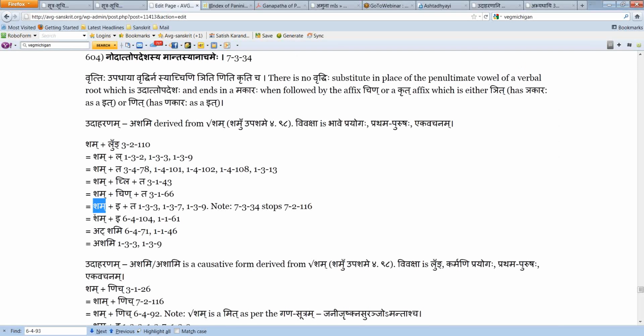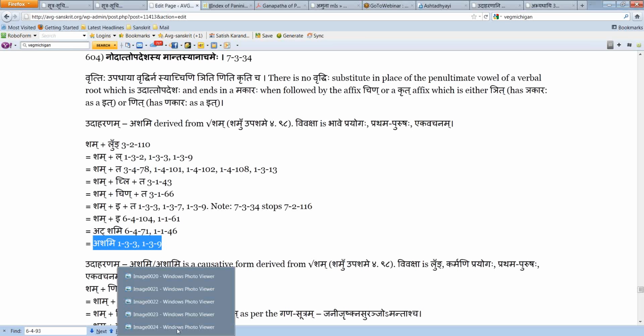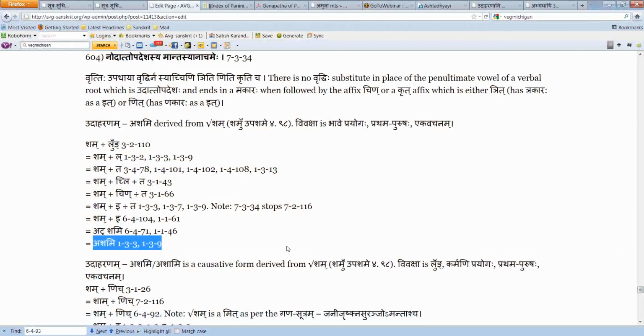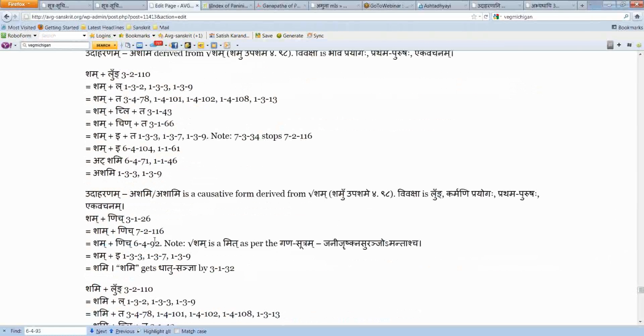Atopadhaya is stopped, so only sham stays, and then of course we get chino luk adagamaha, we get ashami. So one more time we got ashami, not ashami, because of 7334. That does not apply to gum, because gum is anudatta padesha. Please make a note in the book that 7334 does not apply to gum. Gum is anudatta padesha. Now same thing sham, if we were to make a causative form from it now, just like we did in dhatu gum, when you put nich to follow, then what happens is that we get the